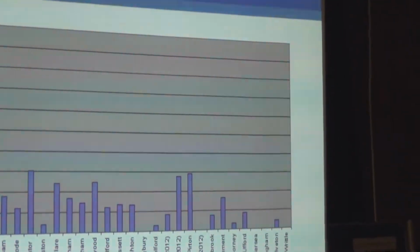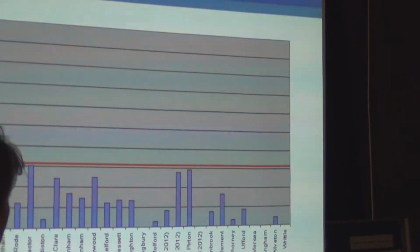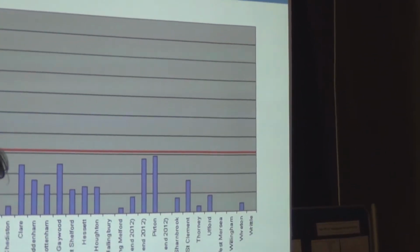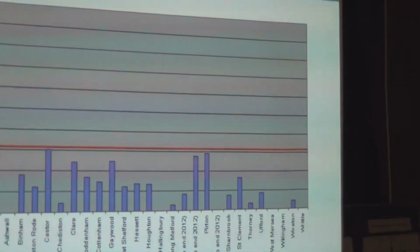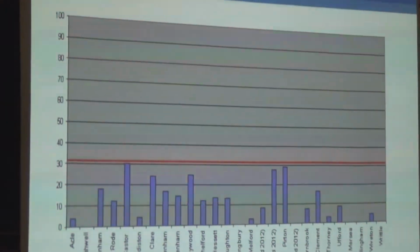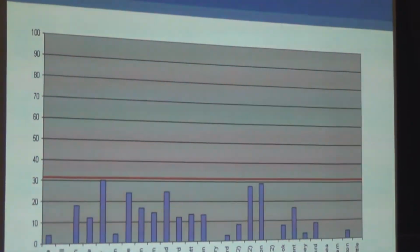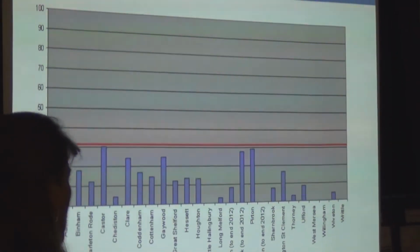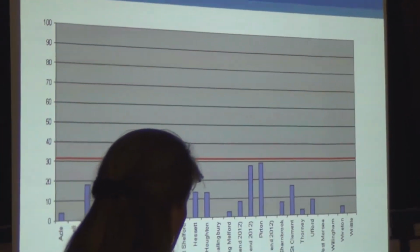Okay, so this is the Anglo-Saxon data. 31% of the Meldreth pits produce late Anglo-Saxon pottery. Again, these are a couple of sherds. The regional average is 11%. So you've got 3 times as much Anglo-Saxon pottery as one would expect on average. You can see that